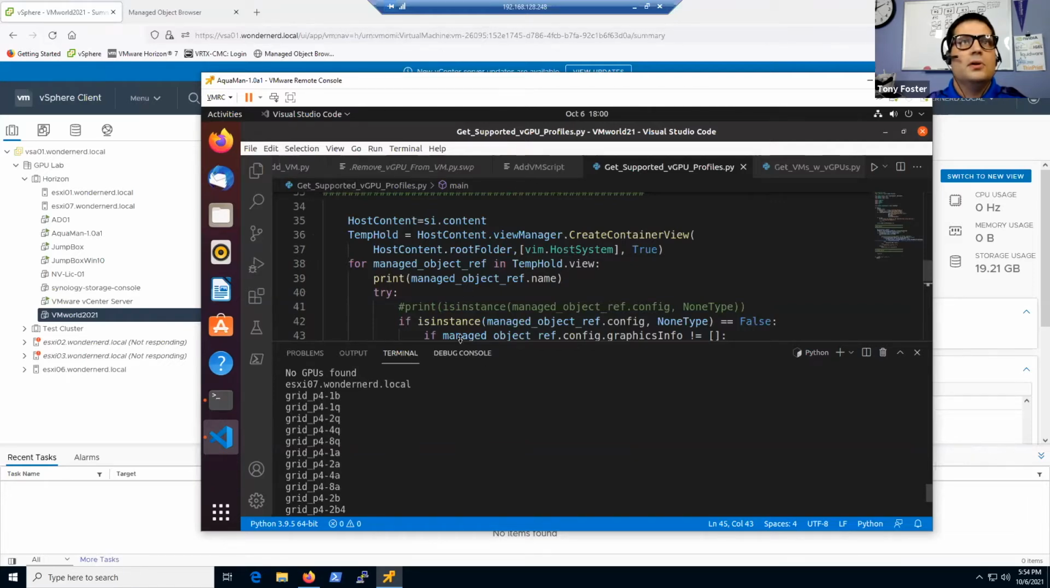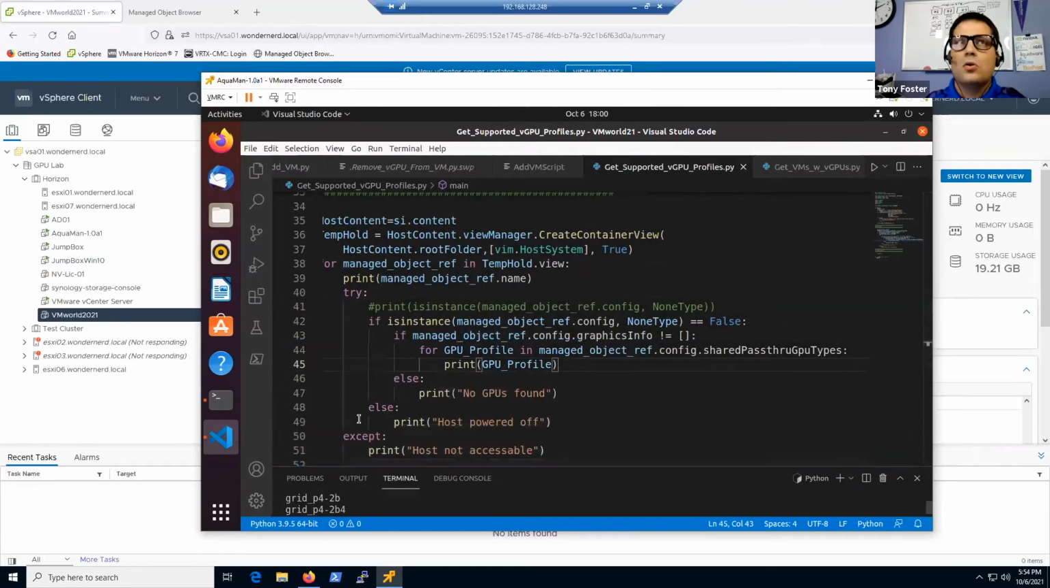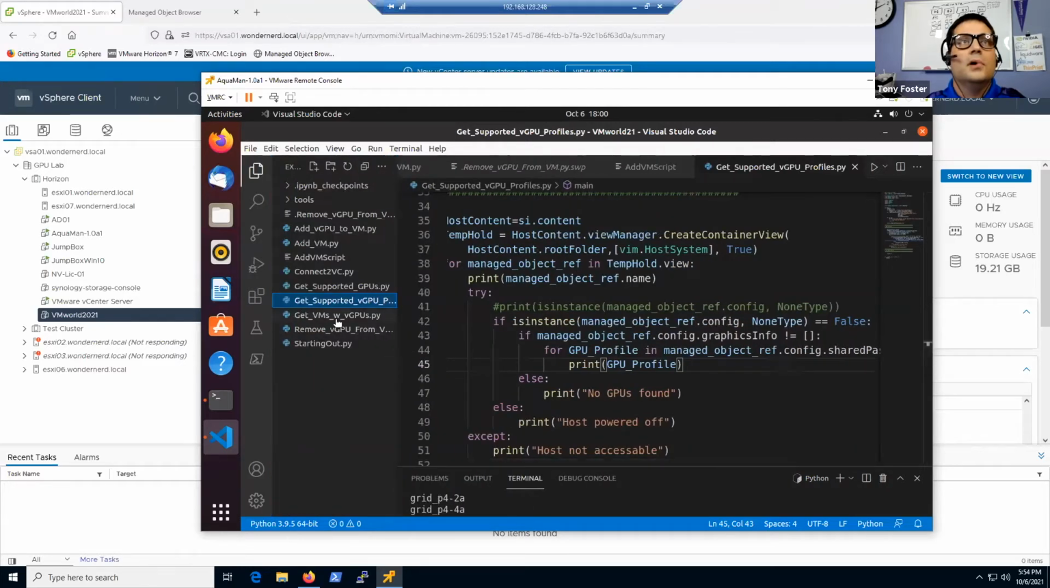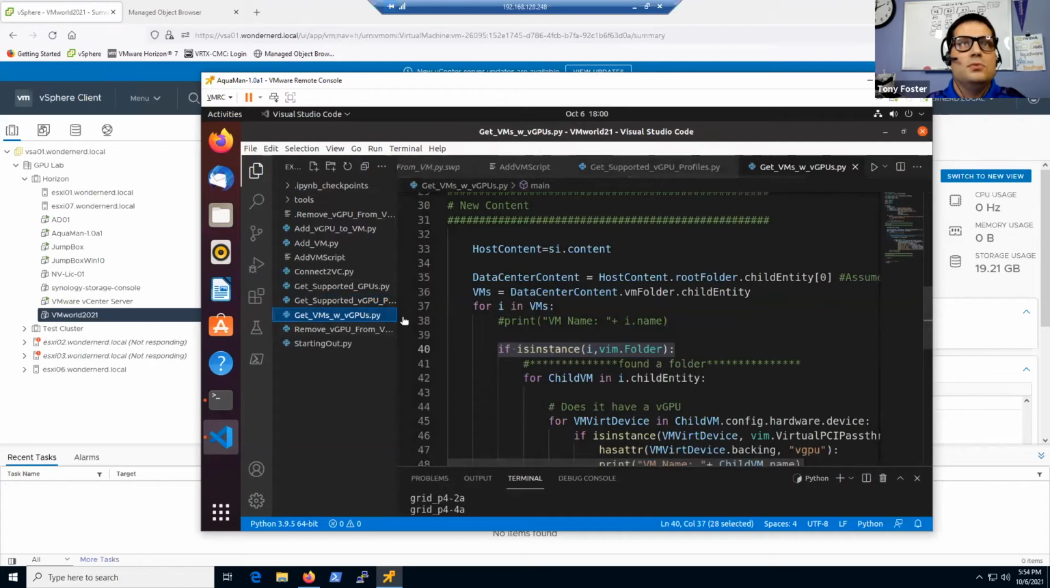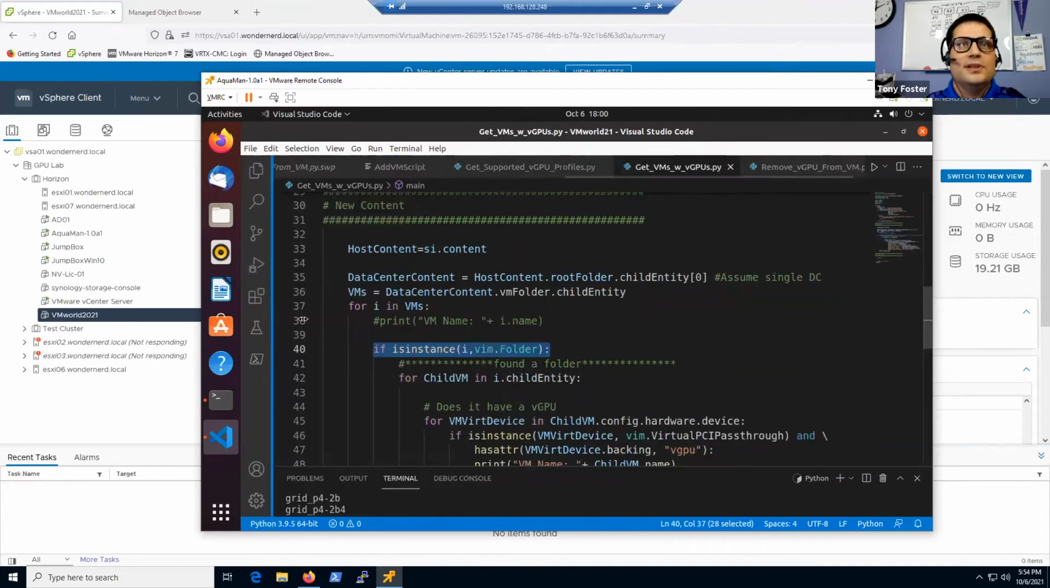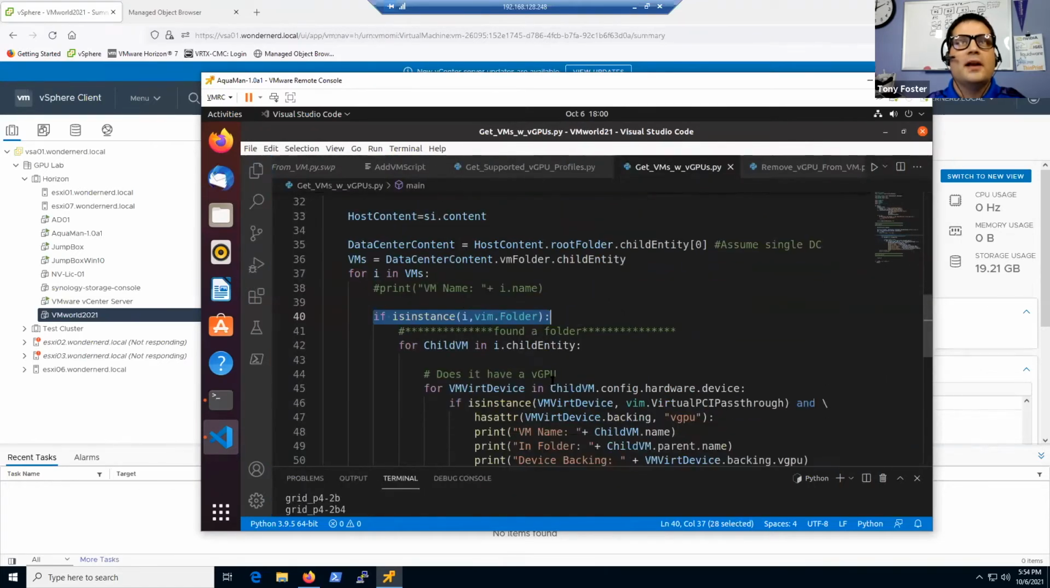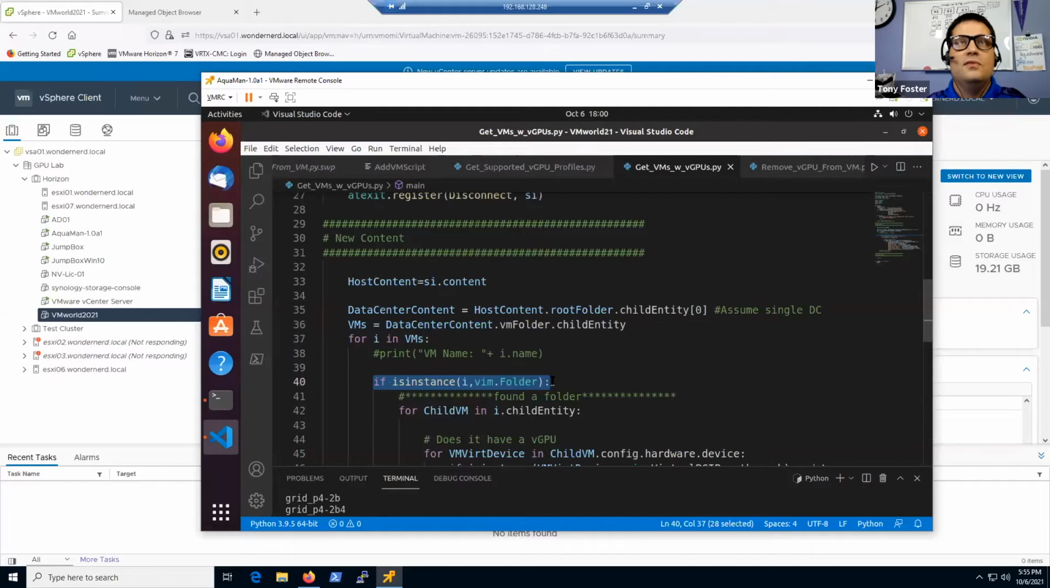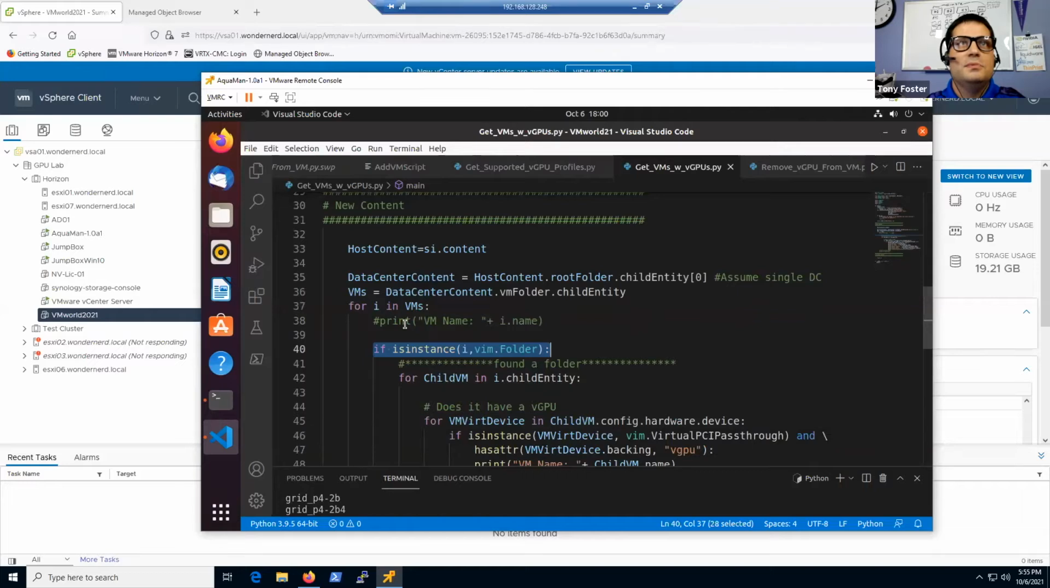So I'm going to shrink this down, and this gets us through the hardware phase of things. Now we're going to go ahead and hop into our VMs with vGPUs. So let's find out what in our environment actually has vGPUs in it. So in here, again, everything is between the new comment